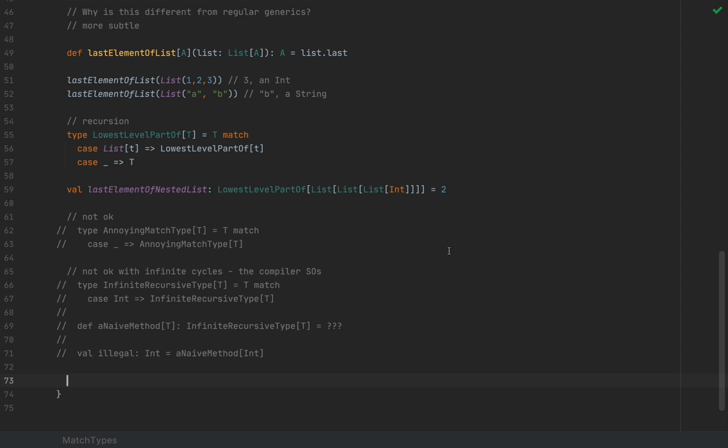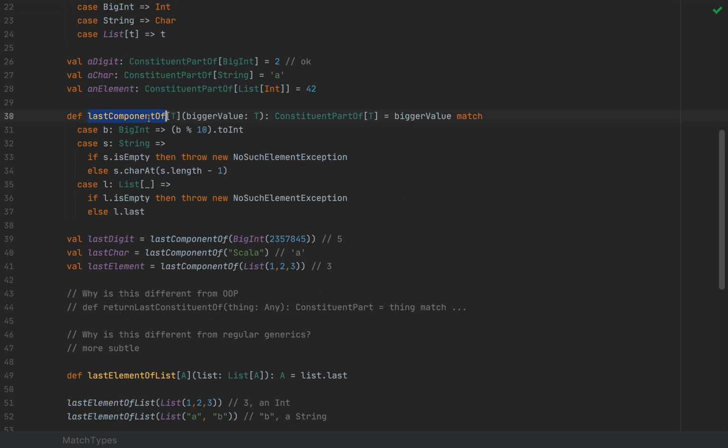Now, the final thing that I will say about match types is that they're, right now at least with Scala 3, pretty limited, because as far as I'm aware, and please correct me if I'm wrong in the comments, the utility of match types in dependent methods such as the lastComponentOf that we wrote earlier is conditioned by the exact signature of the dependent method. So far, only methods with this particular signature are allowed here by the Scala 3 compiler. So it needs to take a value of type T and then the match type appropriate to the argument type,